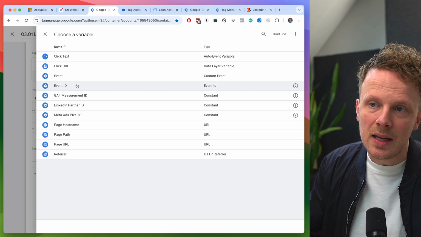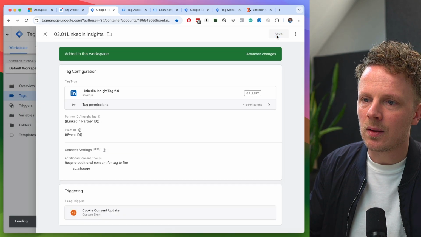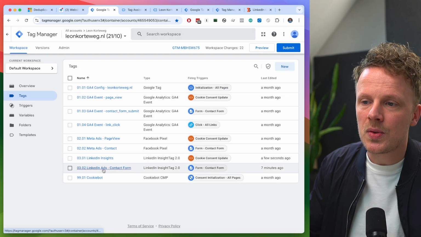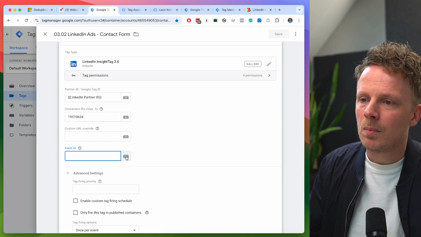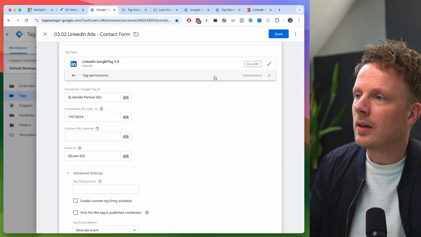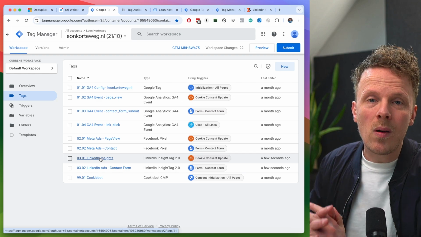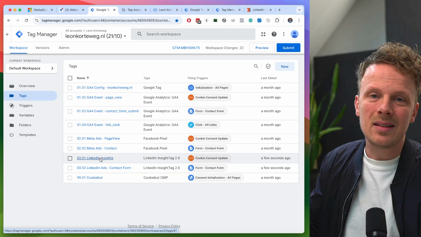We already created the event ID, so just choose it here and save the tag. We're gonna do the same thing with our contact form tag. Let's open that up. There's an event ID field here. Press this button, add the event ID variable that we created earlier, and hit save. So now all our Insights tags on the client-side container have the event ID, and we can even test this